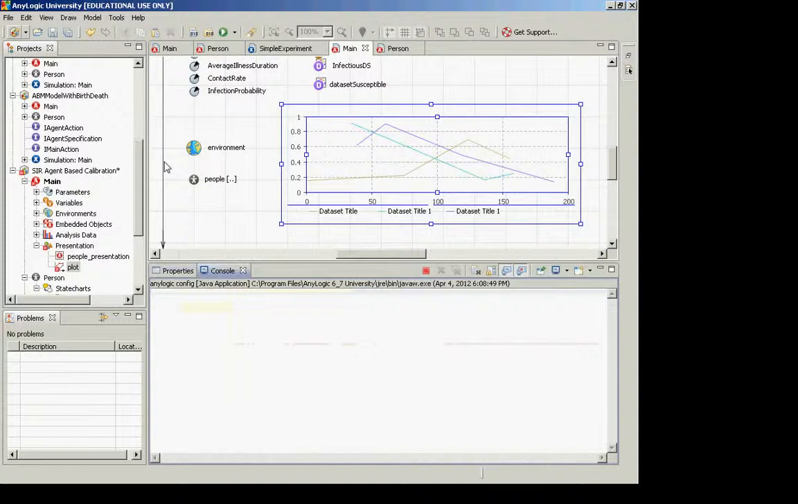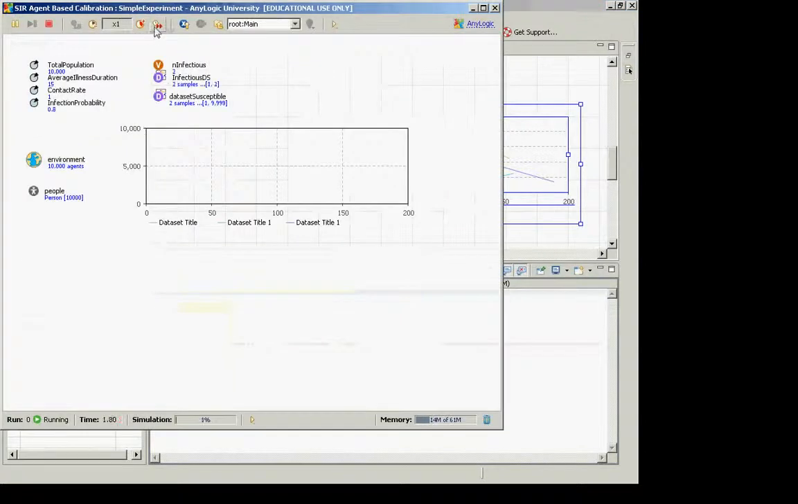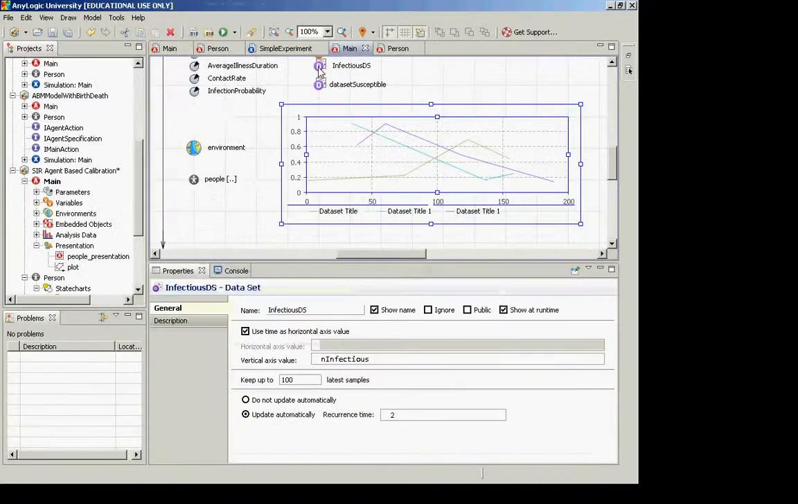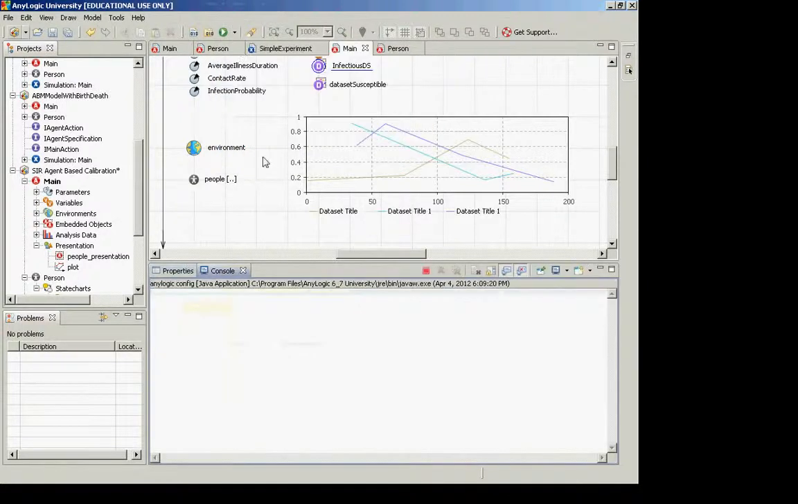Two are direct calls to statistics. Another is a data set. And incidentally, that data set only records the most recent n values, and so it isn't even shown fully. If we want to show it, we'd have to go up here and keep the latest 200 samples. And it says update automatically. Let's make it update automatically at recurrence time of 1, and we should be able to view these now